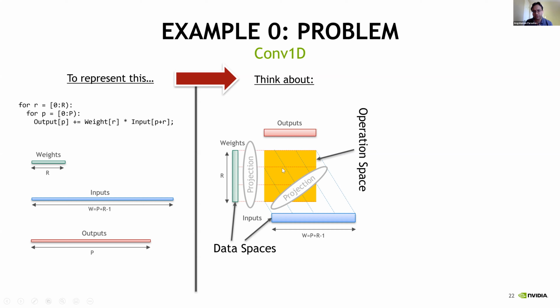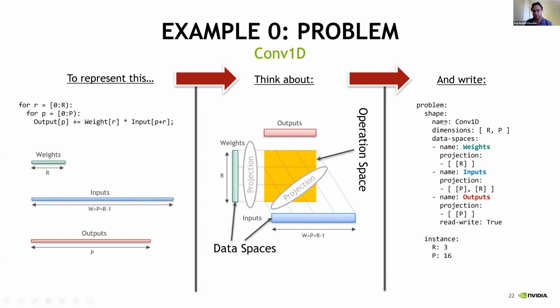And this projection is nothing but basically your indexing expressions. Right? So your indexing expressions for these tensors are defining how every MAC operation projects onto a particular coordinate in your weight tensor, a coordinate in your output tensor, and a coordinate in your input tensor. And these are the three things that we need to provide Timeloop,